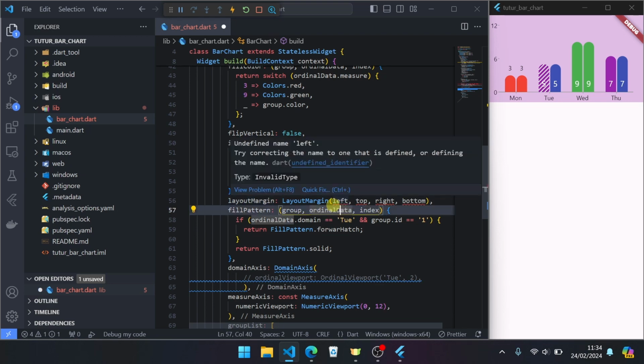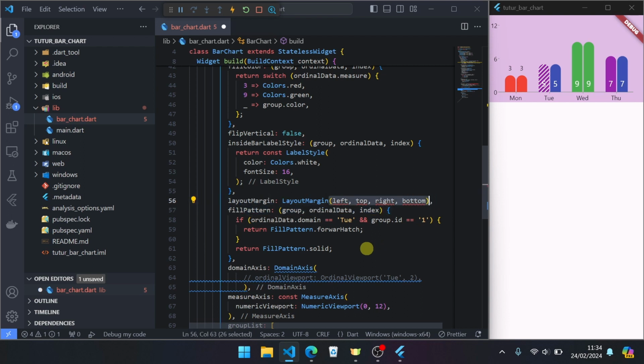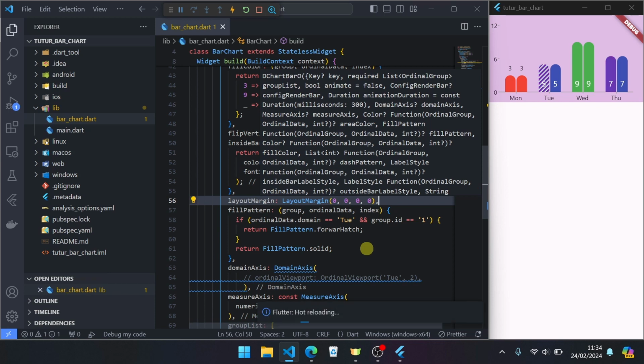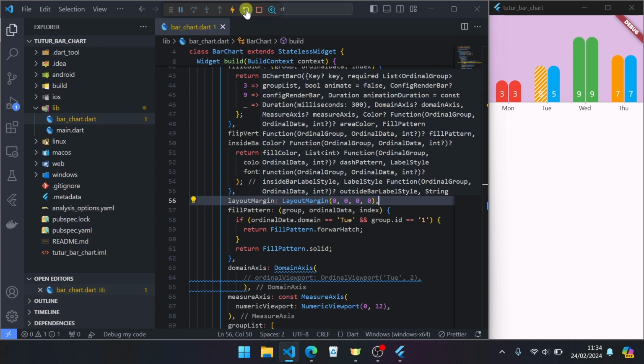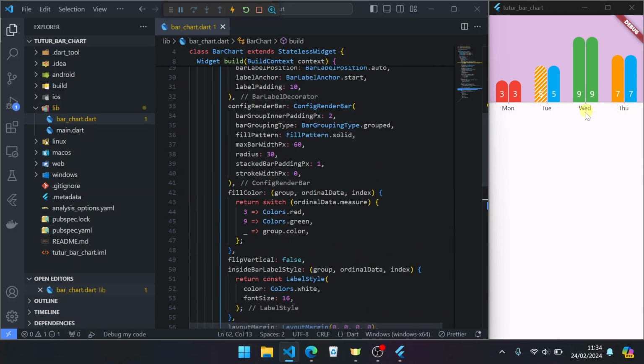If you set 0 for all sides, 0, 0, 0, 0, save, start. You can see the size of the chart widget will be adjusted bigger, will scale, sorry, zoom in, will be zoomed in.